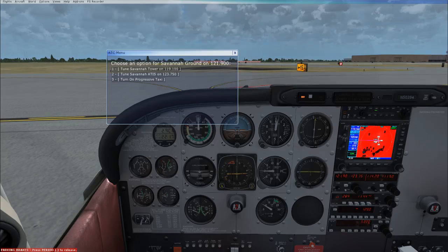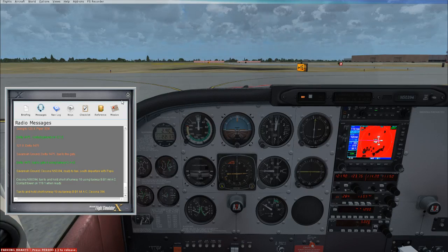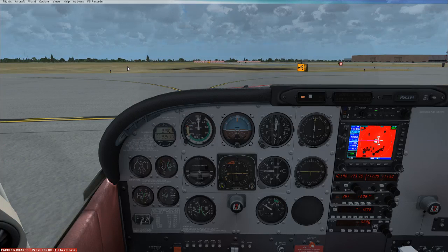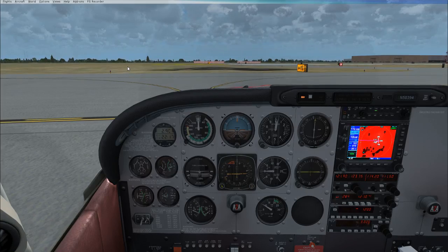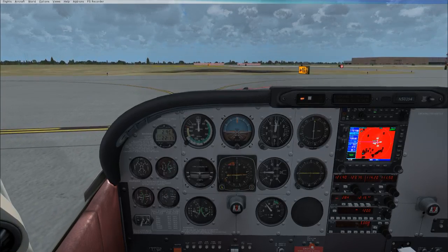Did default ATC just give me an intersecting taxiway? Oh no, they said runway 10, didn't they? Yeah, runway 10. Why are they launching off of 10 if the winds are 170? That favors runway 16. Well, it's too late to request it differently, so. Alright, Bravo 1, Alpha 4, Alpha Charlie. We'll take it down to...